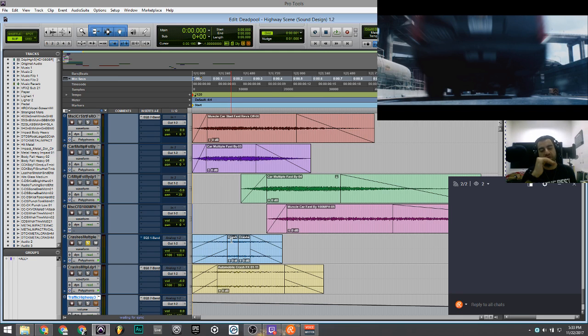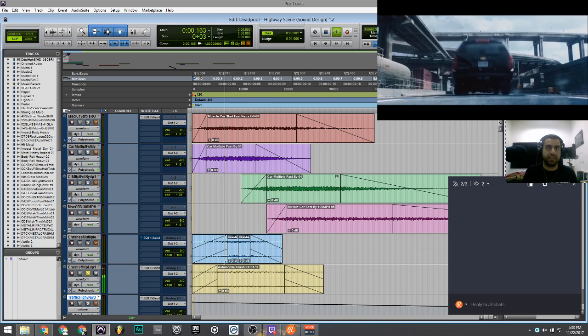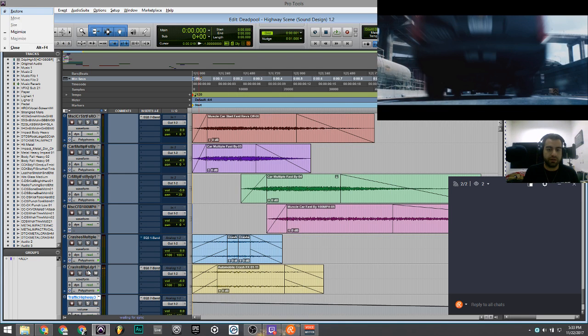Then the second one sounds like a crash, because this scene starts from here, so you have to give the hit to the audience. Actually, it's the car jumping because of the fast speed. And the last one is the hit as well when it hits the ground. So altogether it's going to be, sorry,